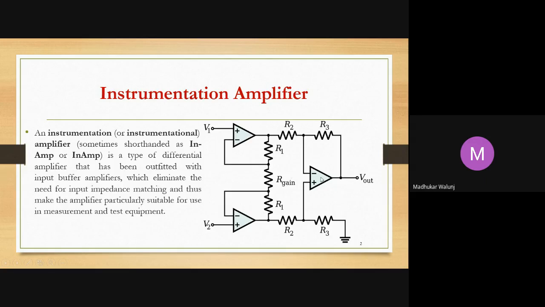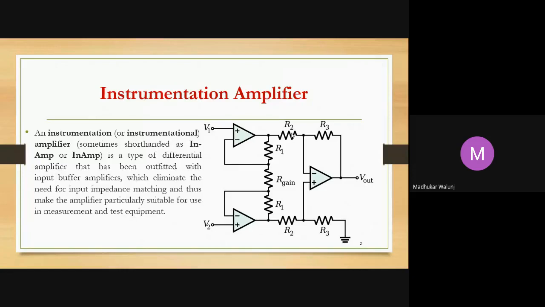The next operational amplifier has 4 resistors. If you know the circuit diagram of a subtractor circuit, it is the same as this third operational amplifier. So we can say it is a difference amplifier. It will take the difference that comes from the first and the second operational amplifier with a gain of R3 upon R2. The feedback resistor is R3 and the input resistor is R2, so R3 upon R2 leads to the difference amplifier.